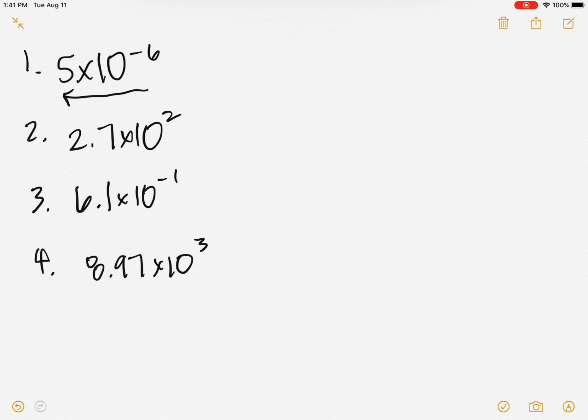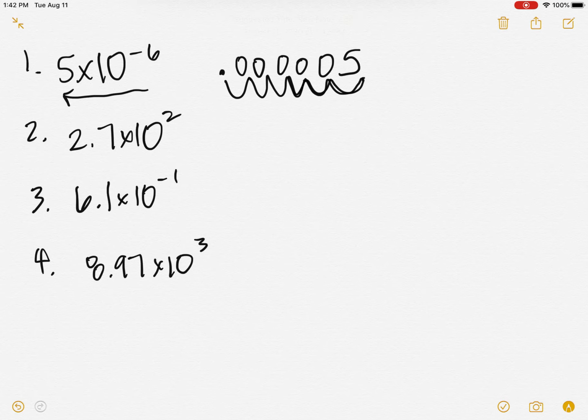So if you think about the number 5, the decimal point is right here, and I need to move that decimal point 6 times. So move it once, and I run out of room, so I start adding zeros. So move it once, move it twice, move it 3 times, and so on and so forth until we've moved it 6 times, which is going to look like this. Move it once, move it twice, move it 3, move it 4, move it 5, move it 6, and my decimal point is there. So this number is